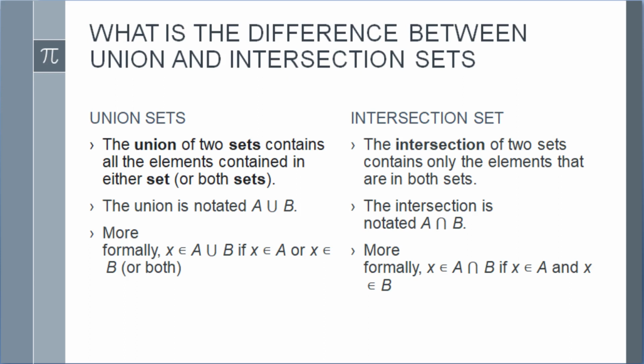So here we consider set D is equal to 1, 2, 3, 4, 5, 6. Another set we consider is E, which will give 4, 5, 6, 7, 8, 9, 10. So what will be the union? D union E. So D union E is equal to 1, 2, 3, 4, 5, 6, 7, 8, 9, 10. So the common members will be represented only once, not twice, and other members will be just copied.